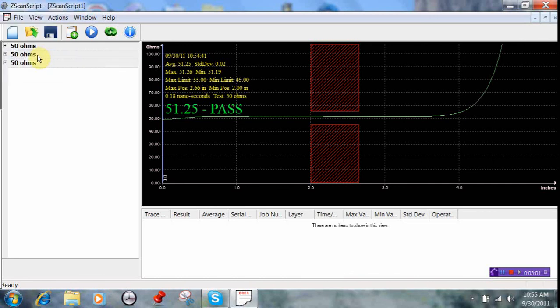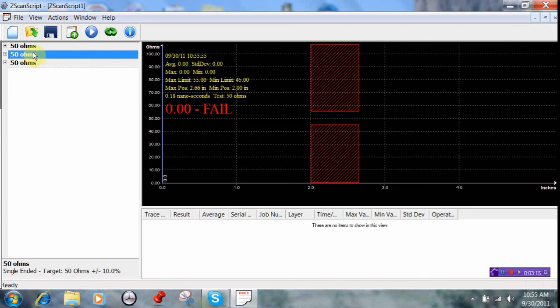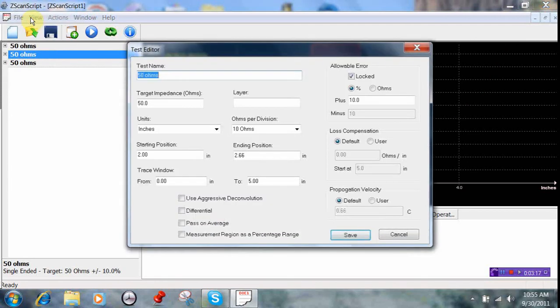The advantage of that is that some things are always going to remain the same. In other words, you're probably going to want to have this test window in the same place, and the length is always going to be the same. So the only thing we have to change is the ohmic value. So if I click on this one and right click and go to edit, let's make this a 33 ohm test. So I'm going to change this from 50 to 33, and I'm going to change the target impedance to 33,